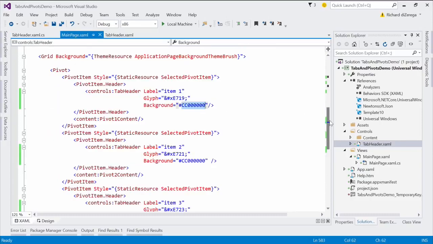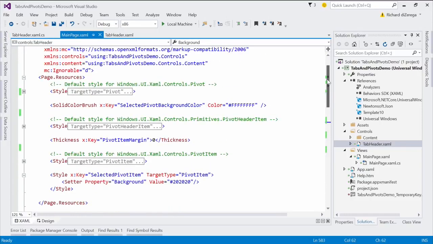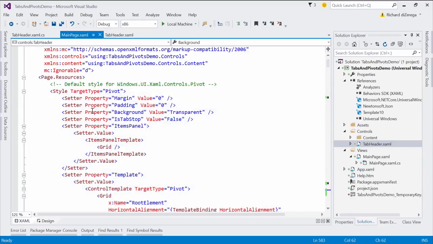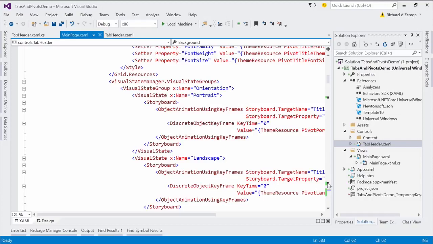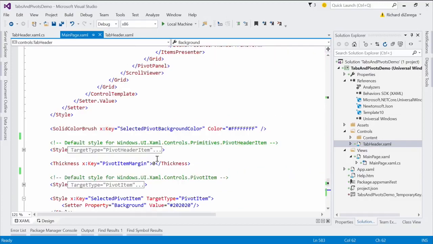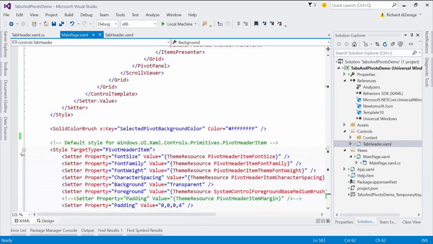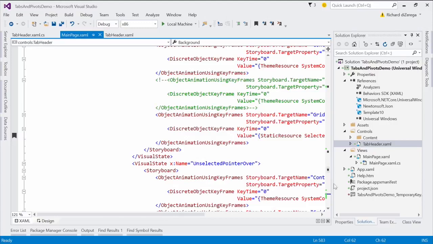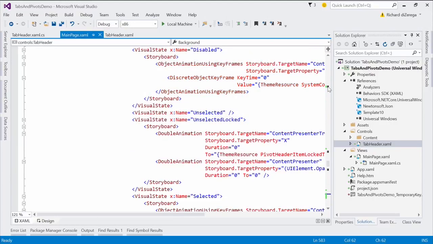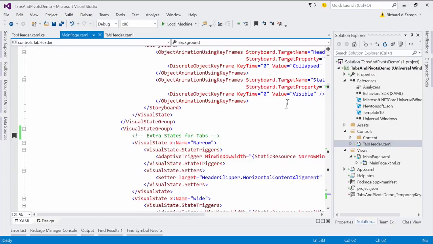So in order to work around that, we needed to make some styles. So if we look in pivot, and we haven't mentioned this except in other courses, you can re-template or restyle any control. And so this is what you have done to the pivot control. Exactly. So what I'm doing right now is just expanding my styles. So I have all of these present. So if we jump up to this particular location,